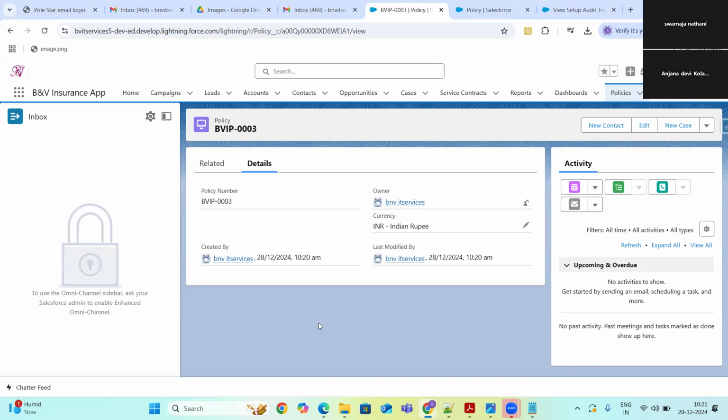For example, I have one record. I have created another record with the policy number 2. Then I deleted that record. If I try to create a new one, obviously I'm going to have two records, right? In that case, what would be your auto number? We have to tell them it's a 3. Auto numbers work something like that.